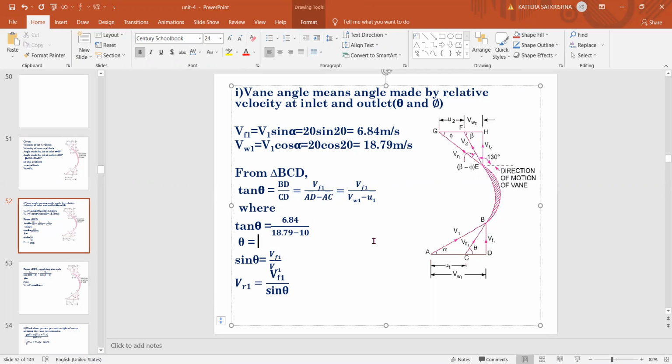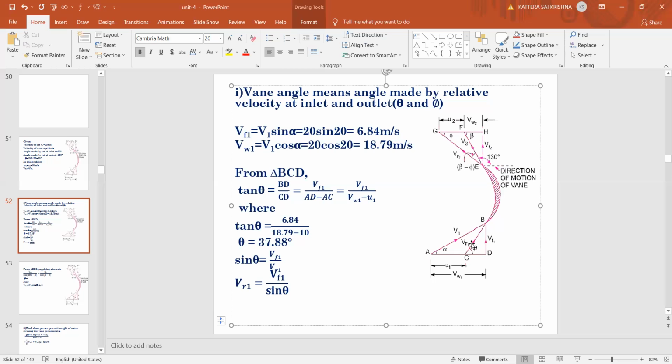0.7. No, it's wrong. Check it once. 37.88. Yes, it will be. Remember, see here, if you see these both lines, always theta value will be more than alpha. This one is bent more, so the angle will be less. This is a little bit vertical, so the angle will be more. So theta will be 37.88. One more digit if you have. Yes, sir, 88. Right. So 37.88 degrees.